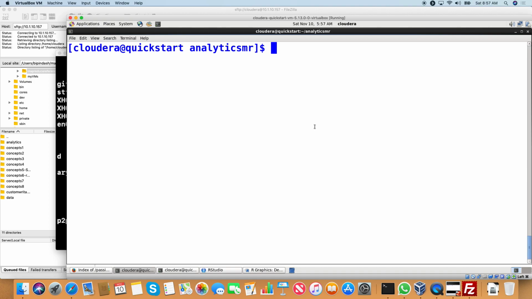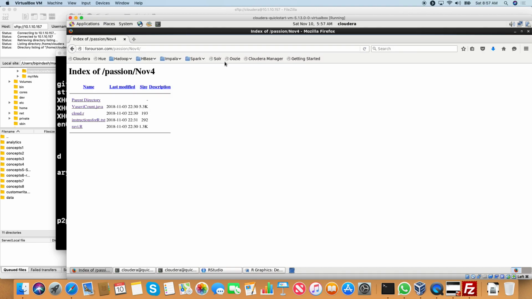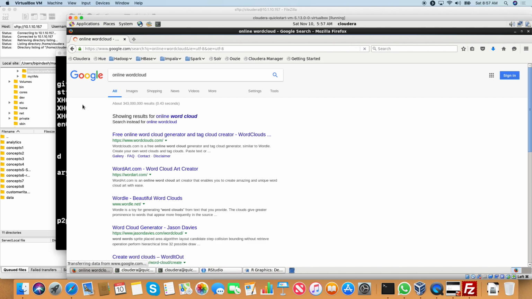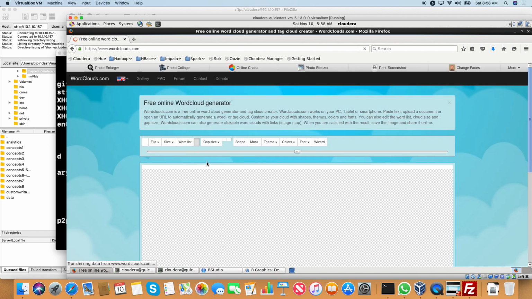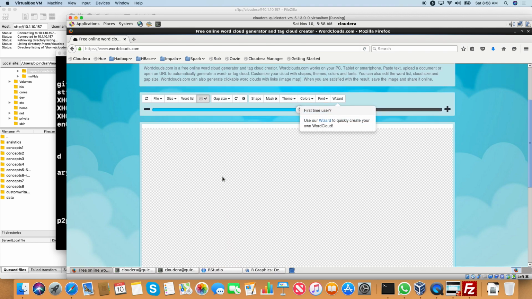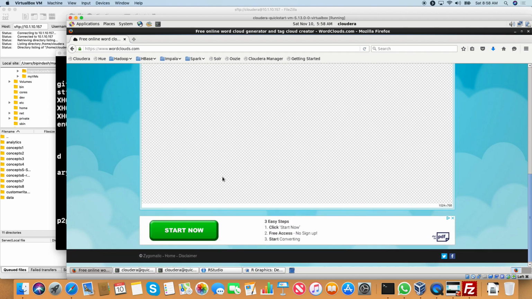And if you want to see how that will look like, just go to any place and type online word count, word cloud. If you type online word cloud, free online word cloud generator, you will see. If you want to see the power of this word count program,